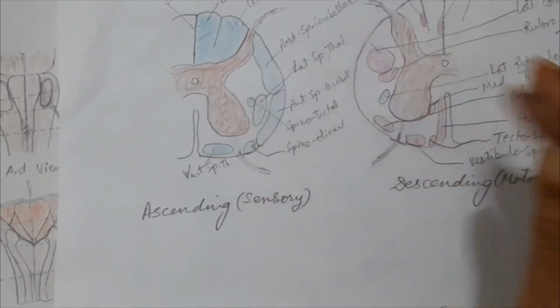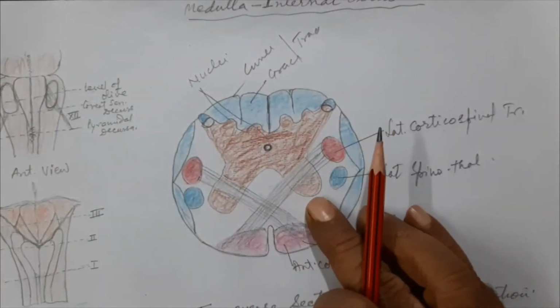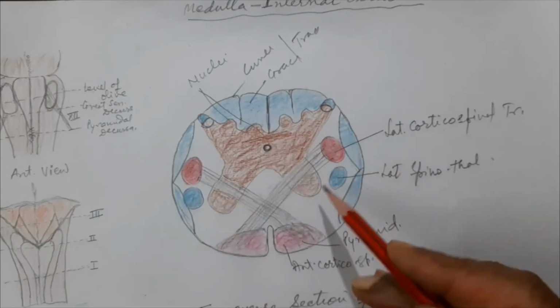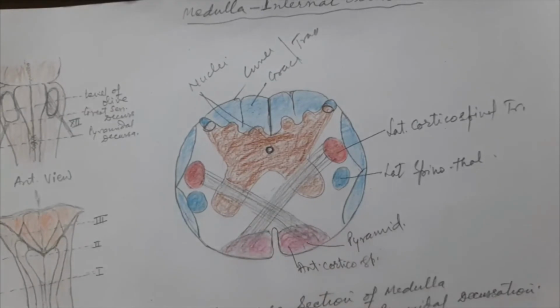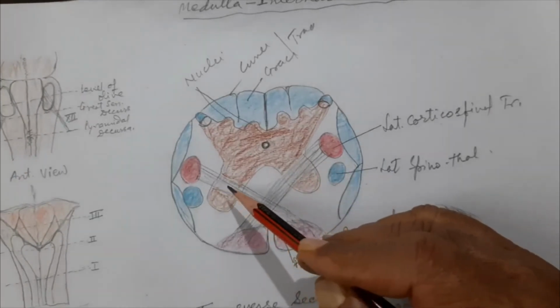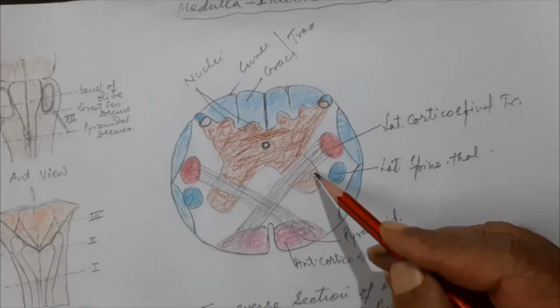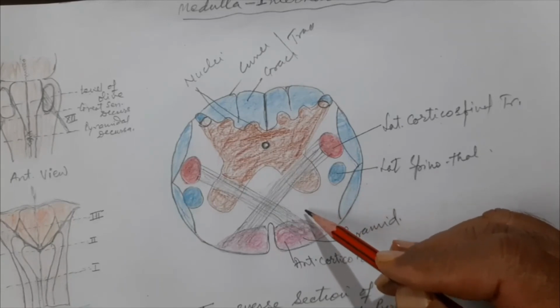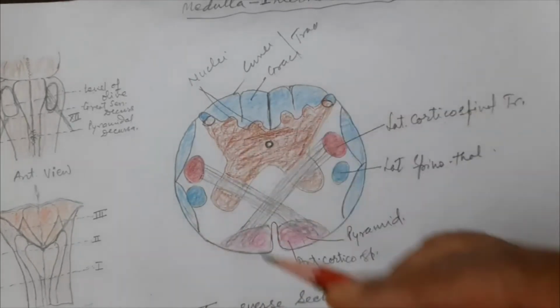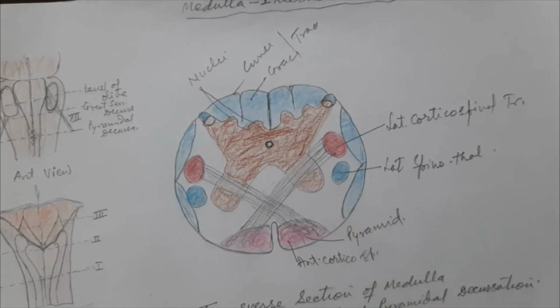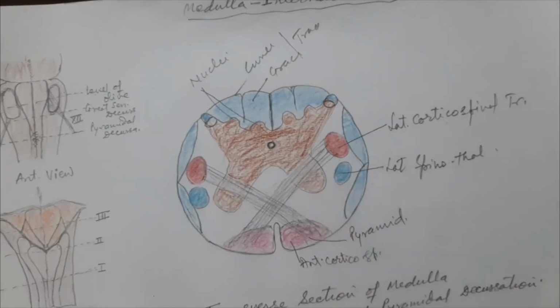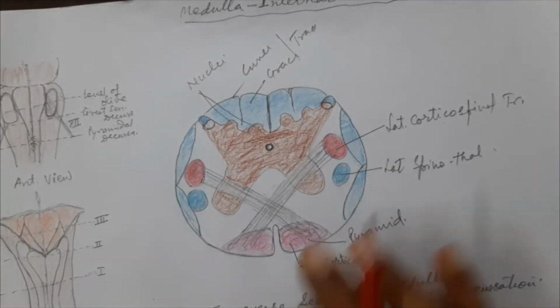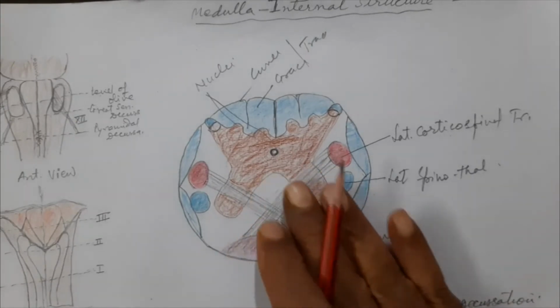So when the fibers are crossing, they are crossing through the anterior gray column, and thus they will detach this part of the anterior gray column. Due to the passage of the decussating pyramidal fibers, the anterior gray horn gets detached from the central gray matter. Some authors believe that this detached part of the anterior gray column will ultimately form the spinal nucleus of the accessory nerve, that is the 11th cranial nerve, but that is a different matter. Now nobody thinks so.